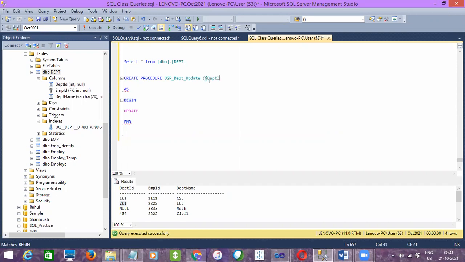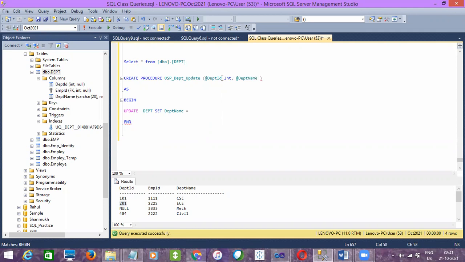@DepartmentID, update department, set department name equals to department name. Do we need to hard code, or do we pass that value as well? If you want to pass the department name also, we need to provide that variable as well, right? So we'll give it from outside, department name.